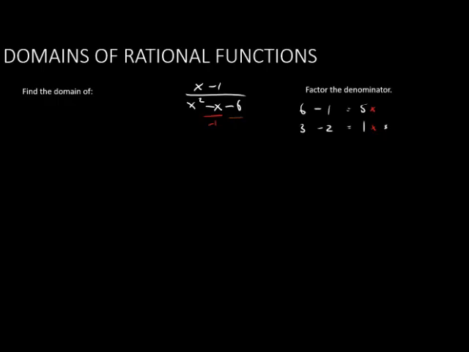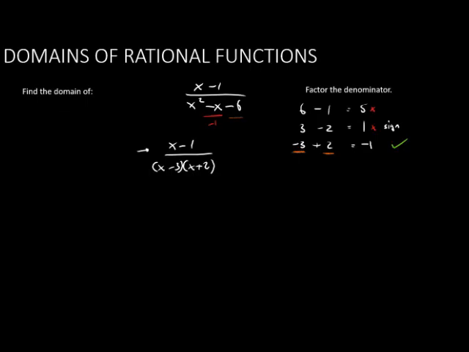So, since we have only a sign error here, we'll change the signs. 3 becomes negative 3, and 2 becomes positive 2, and now we add them together. When we add, we'll get negative 1. This is a match for the middle term. This means that inside of the parentheses we're going to factor this into, we'll have x minus 3 and x plus 2. Now we rewrite our fraction, x minus 1 on top, x minus 3 times x plus 2